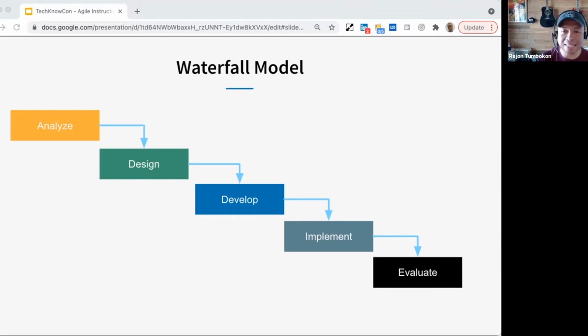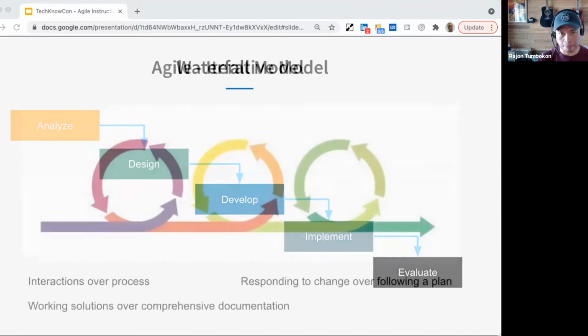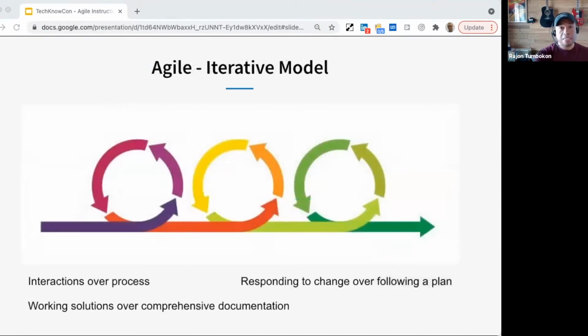I'm not saying that this is not the right way to go, but as far as the type of learning, the type of training that I just described, the learner-centric, this is not the most optimal way to create that kind of training. So there is an iterative model, and many folks in the industry call this iterative model Agile.